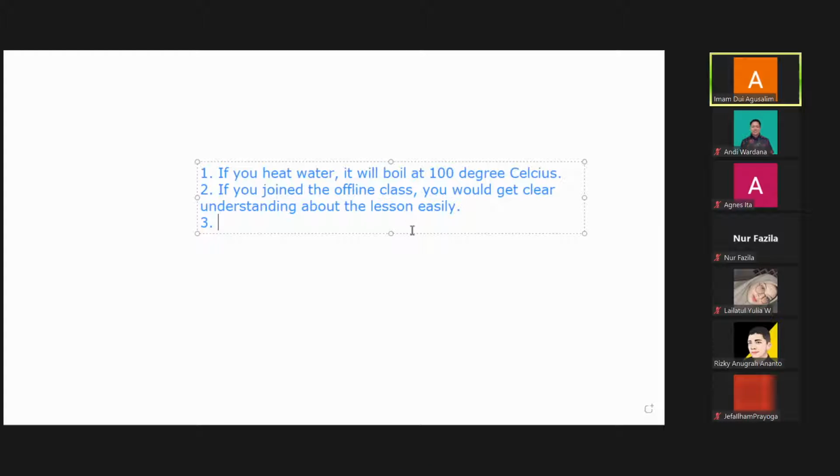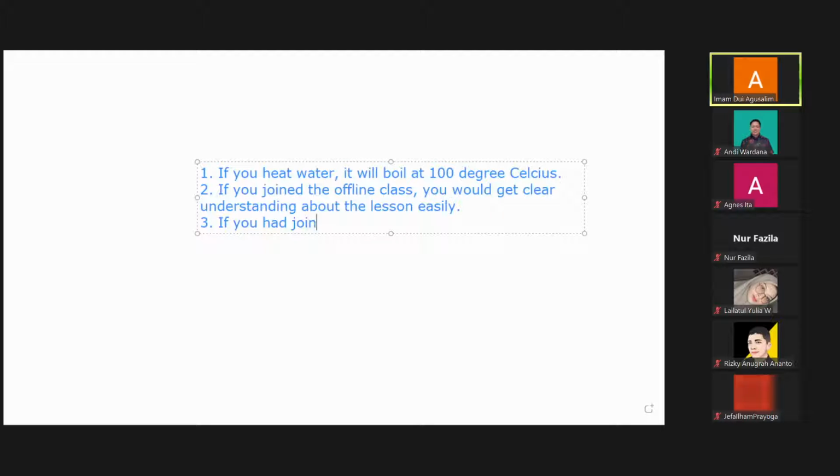Oke, can you give the example of number 3? Untuk yang nomor 3, jadi misalnya if. Can you give your sample? Okay, what did you do yesterday? So if I have joined the class, I wouldn't miss the lesson, I guess. Yes, okay. So if you